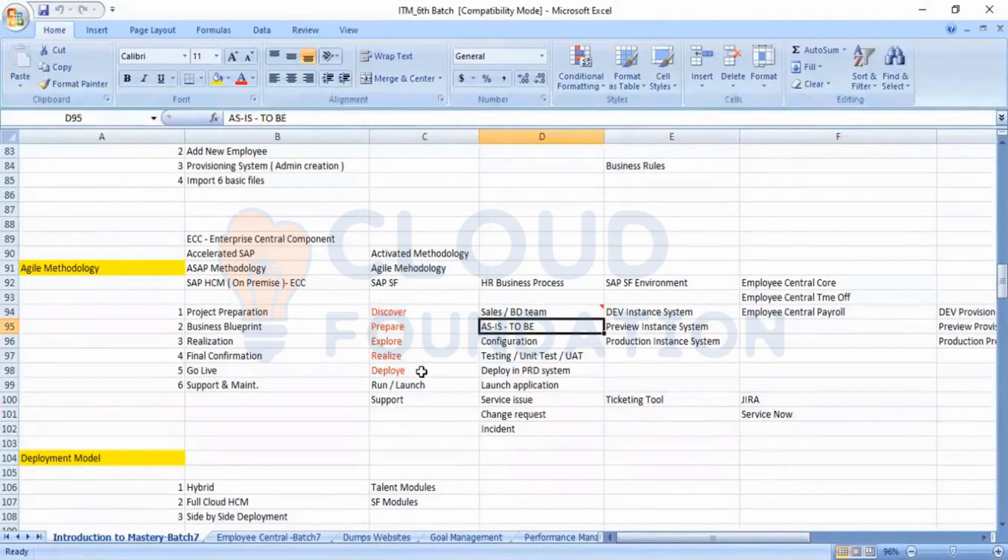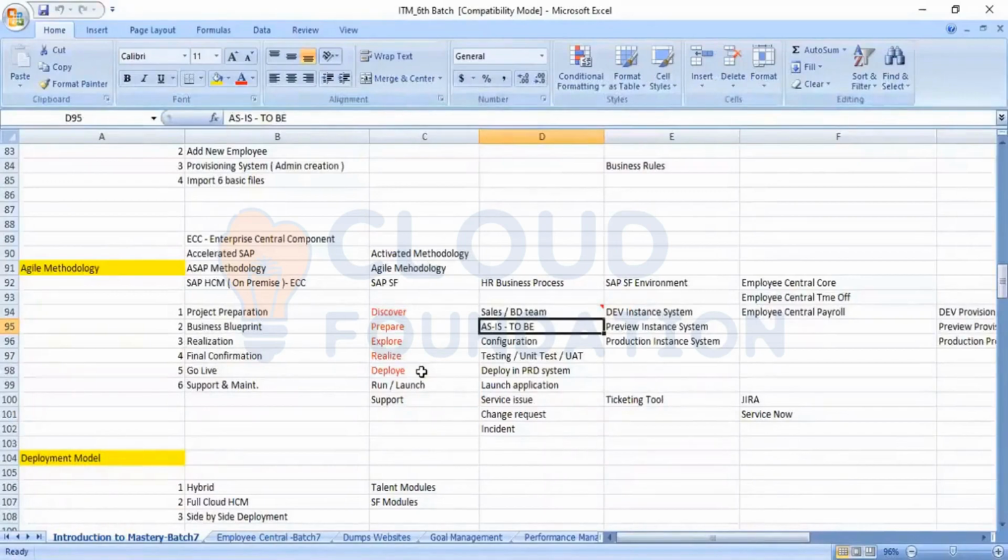Every organization will have some process flow. What is the process they are following and how it has to be mapped in the SuccessFactors application. That is the concept of As-Is and To-Be. What is the process which has been followed, that is the understanding in As-Is, and which has to be mapped in SuccessFactors, that is coming under To-Be. This is something like understanding the process, gathering the requirement and recording those requirements in what you call the workbook, and just taking the sign off of the workbook.